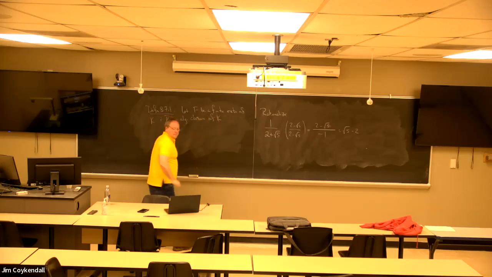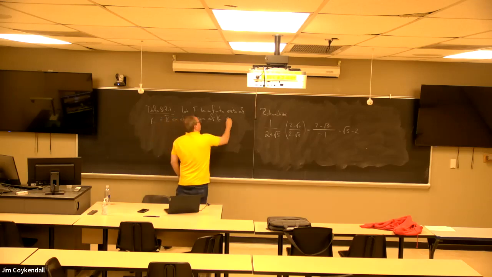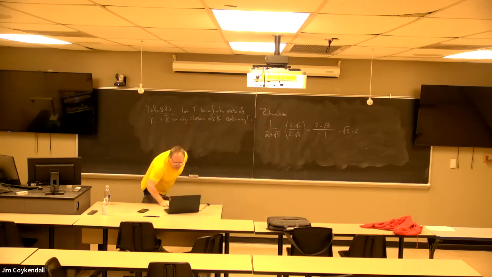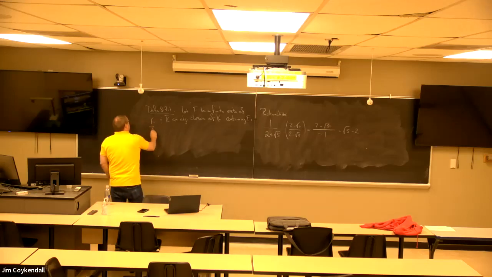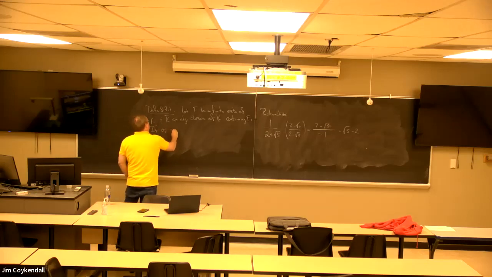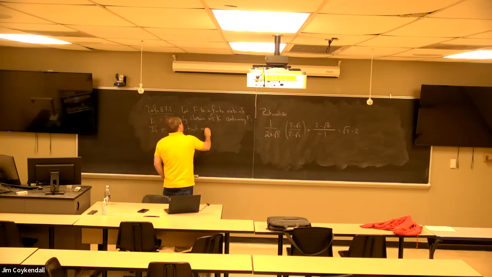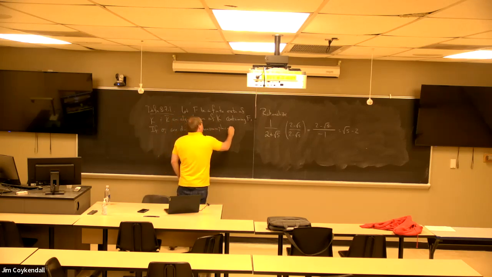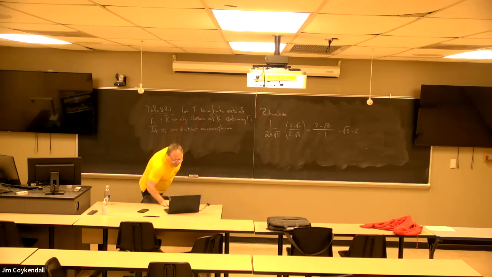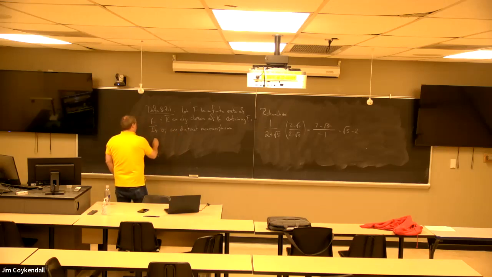So it's a splitting field of all polynomials containing F. If sigma i are the distinct monomorphisms that map F into the algebraic closure,